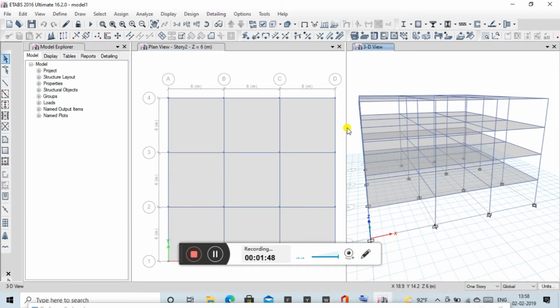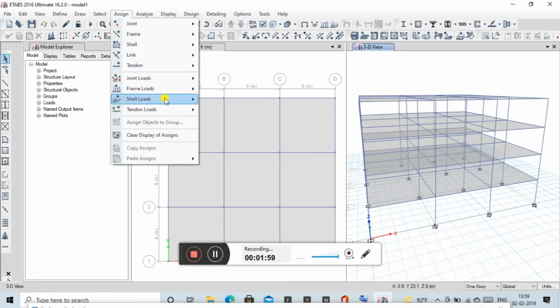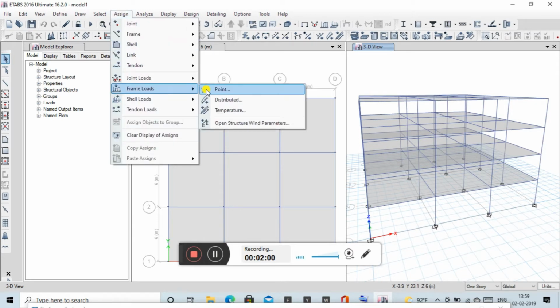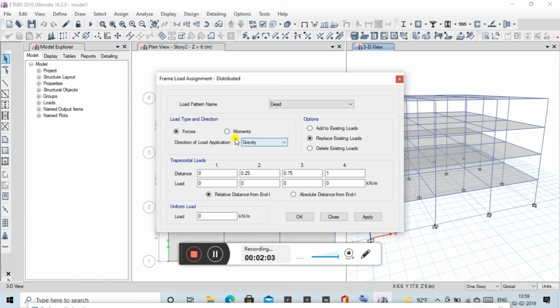Click on the 3D view. First click on Assign, go to Frame Loads, go to Distributed, and under the load pattern name Dead, you need to assign how much load you need to provide as cladding.